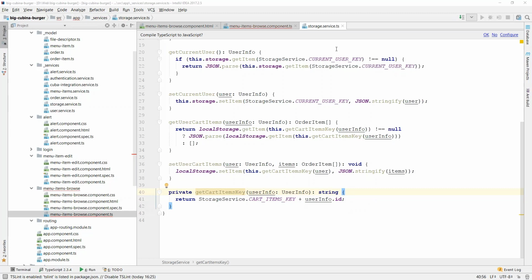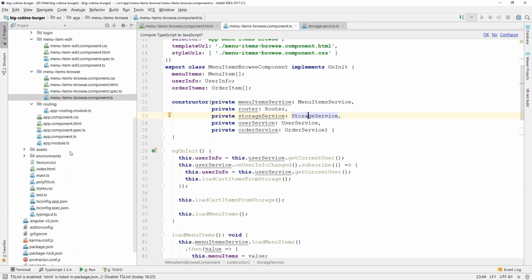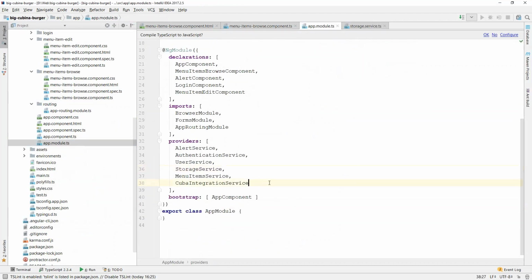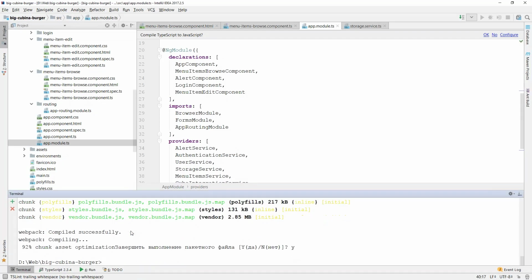Also, we need to add the order service to the providers so that it becomes injectable. So let's open app module TS and add order service to it. Okay, and let's restart our application.